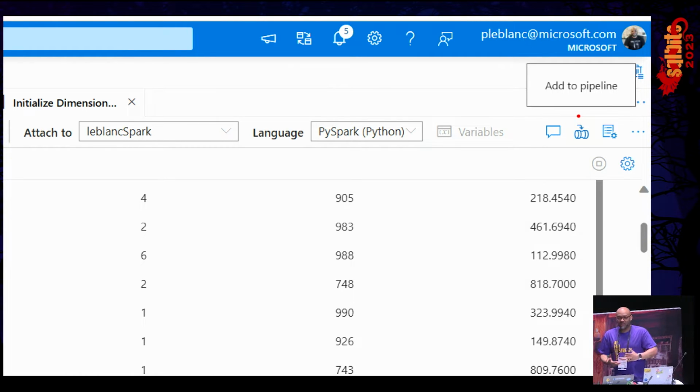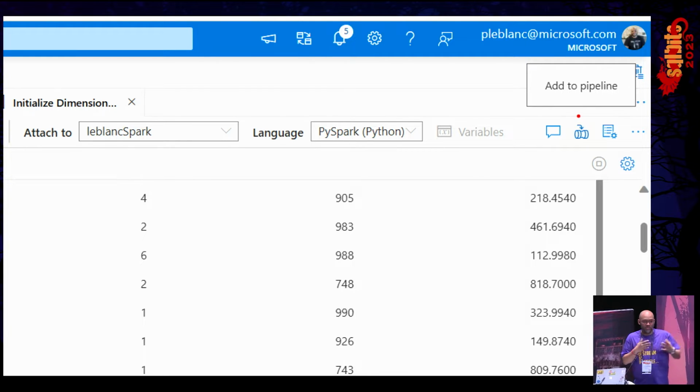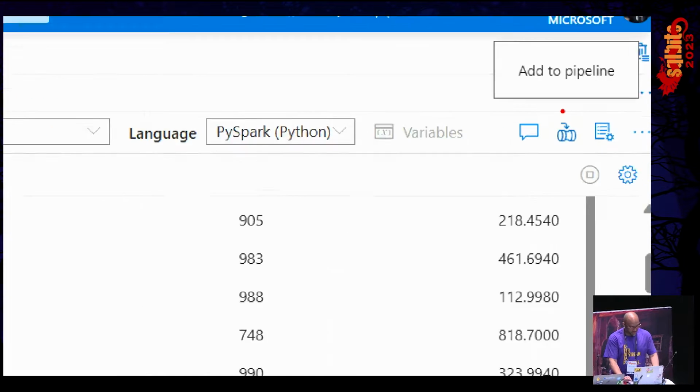Let's say I have a list of tables that I want to extract from my blob storage or from SQL Server. I can provide that list, loop through it, and run all that code over each one of those tables in this notebook, and that's it. That's my entire ETL process, and it's all metadata driven. And even inside that notebook, we could do further orchestration. Absolutely.